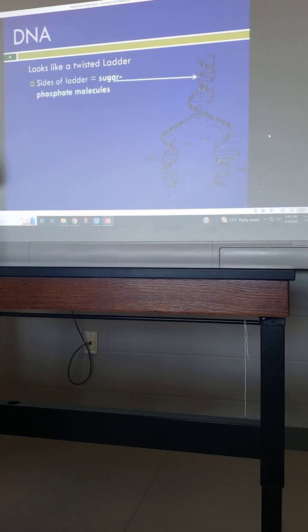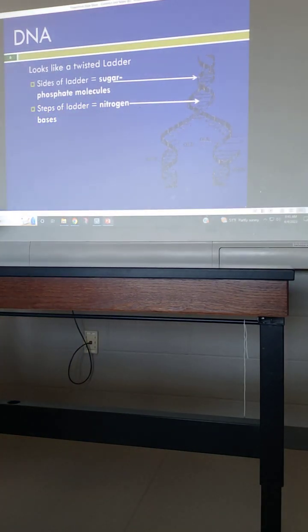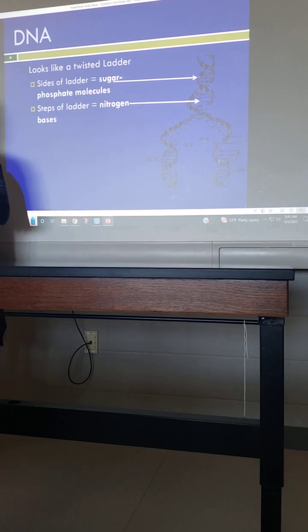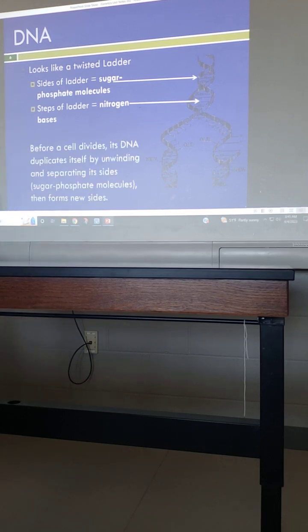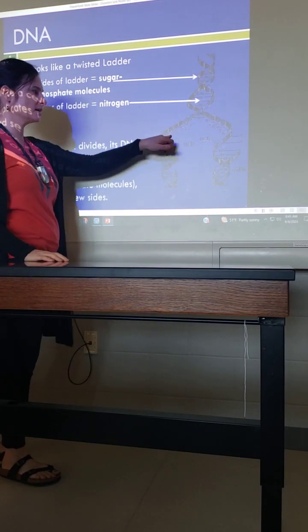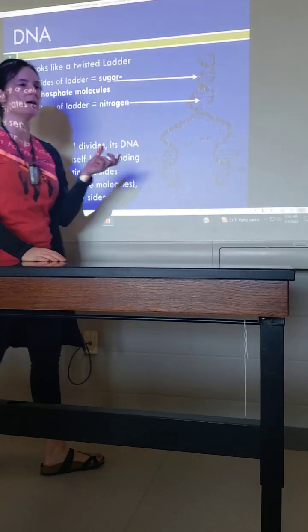So here's what it looks like. Kind of looks like a twisted ladder. The sides of the ladder are sugar phosphate molecules, and the steps of the ladder are called the nitrogen bases. And it's those nitrogen bases that are basically the code. And so before a cell divides, its DNA duplicates itself by unwinding and separating its sides. And so then the sugar phosphate molecules and one of the base pairs are on this side. It kind of like unzips, and then there's only